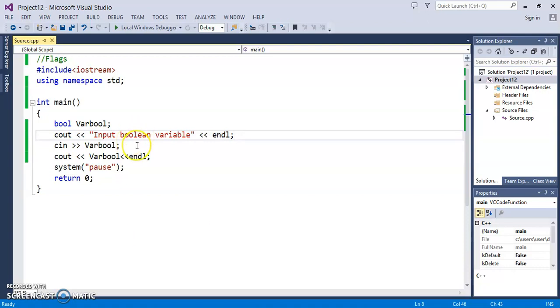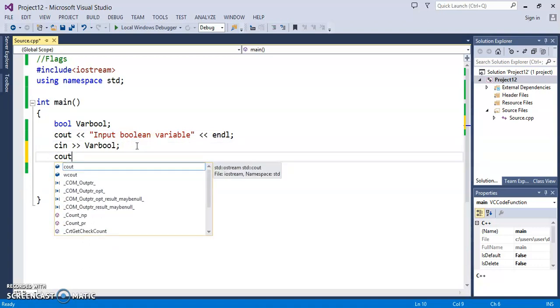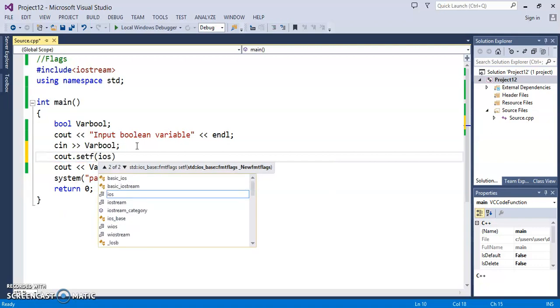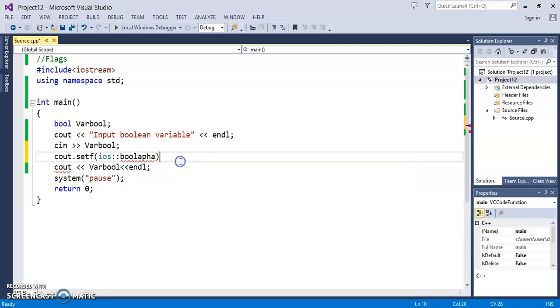So for example, I set an output flag. To set the output flag I will write cout.setf for the ios class, and my flag is boolalpha. So what happens if we do this?